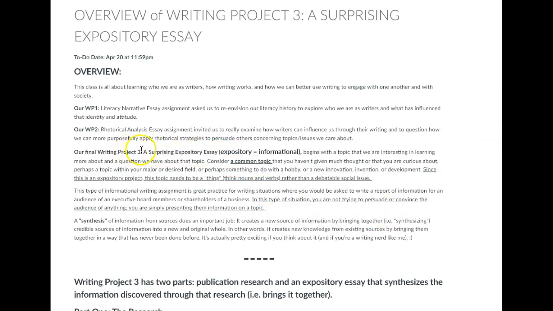I describe it as surprising because what I'm inviting you to do is think of a common topic. Nothing outlandish, nothing that you have to discover or that blows people's minds. Look at your day-to-day activities or your hobbies, something associated with a major or an interest that you have. I hope you see that even in the most common things we engage in, there's a lot of surprising information that we might not be aware of.